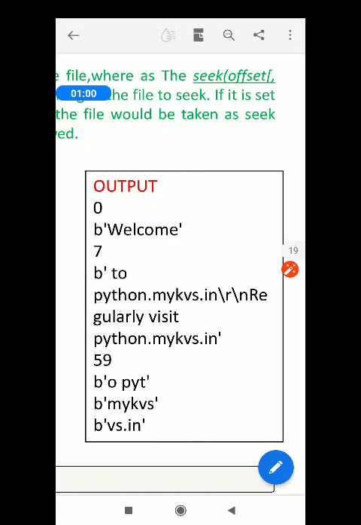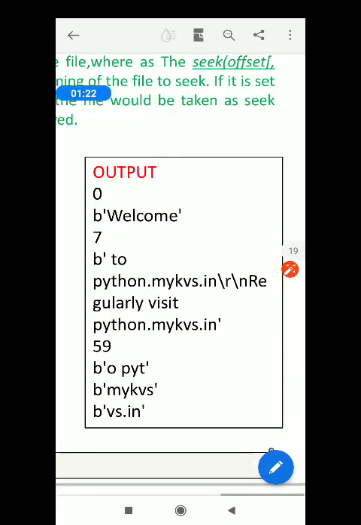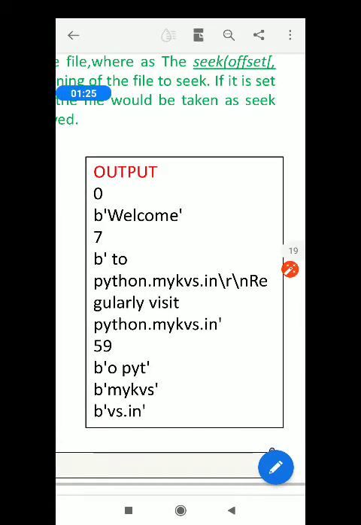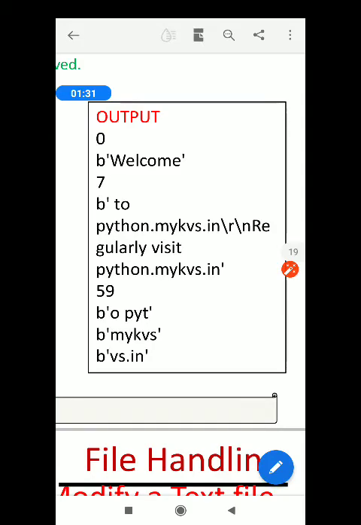Please note down, this is the output for the tell and seek file pointers functions: 0 be welcome, 7 be to Python my KVS in the first line and the second line. That's all.